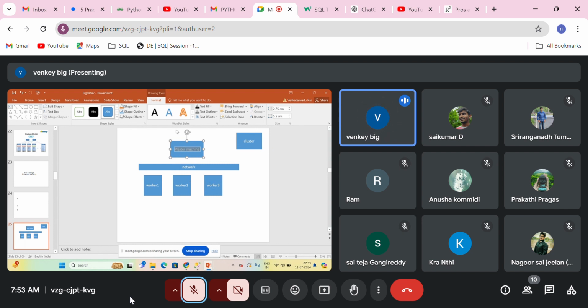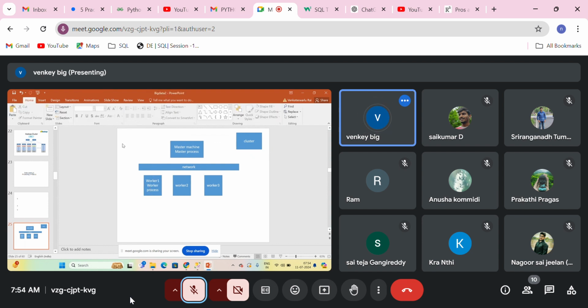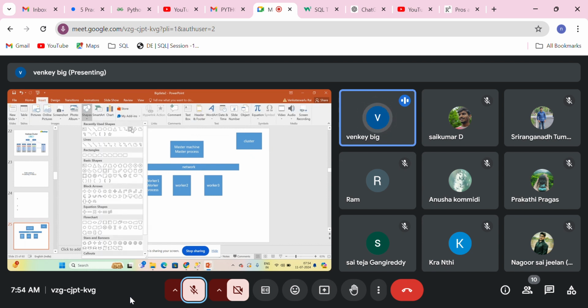Now this is a 4 node cluster, and you have a master machine and worker machines. When you install and configure your Hadoop, in Hadoop also there will be a master process and a worker process. These two processes are JVMs, simply Java services. They'll be running in the master machine and worker machines continuously. So as and when your client sends a request for storing a 100 GB file,